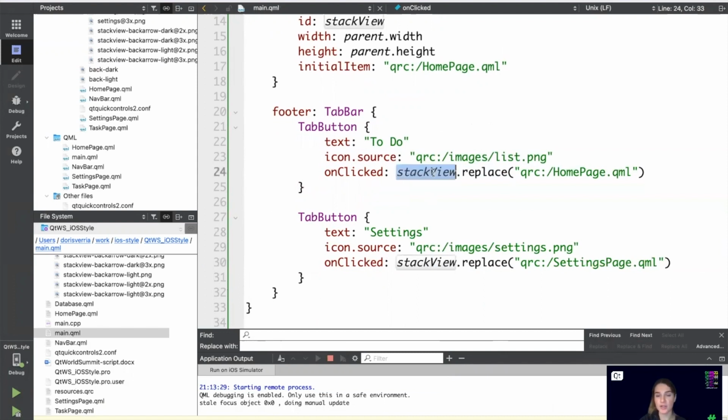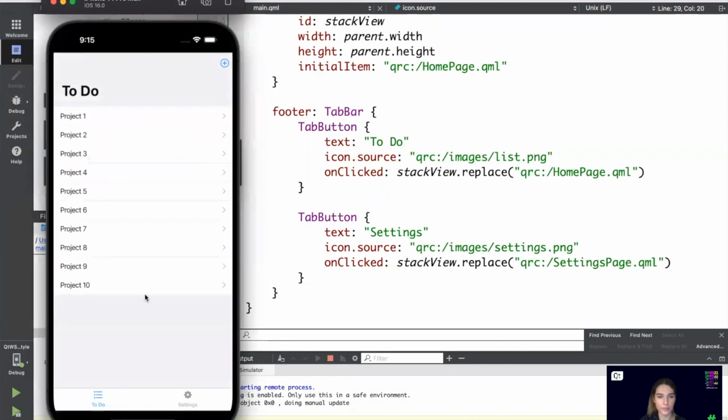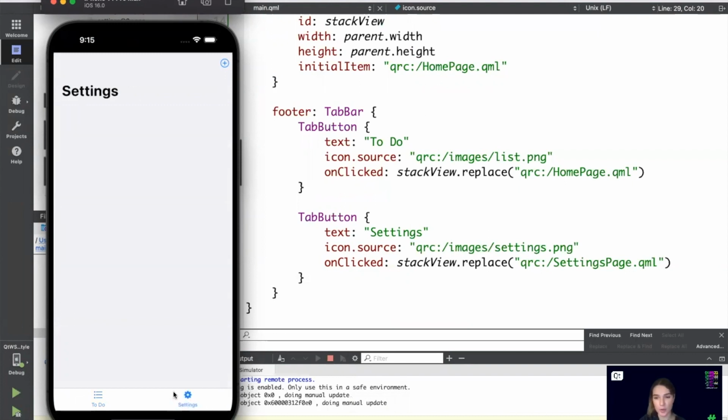As you can see, I'm again using the stack view to navigate between the tabs in this case, and also added some icons. Let's see how it looks. Here I have my tab bar with the tab buttons, and as you can see, the icon is placed on top by default. This is defined in the tab button of the iOS style, and the font is also smaller by default. Here I am in the settings page now, and I will be adding here the rest of the controls